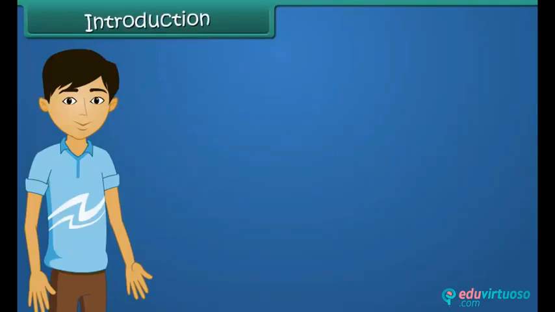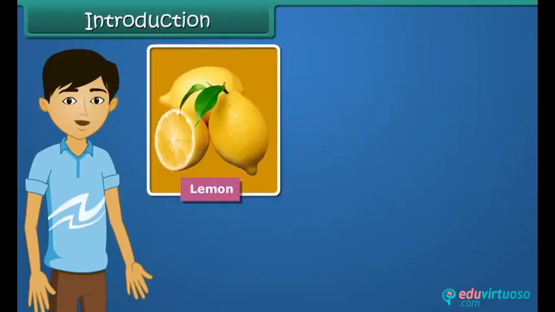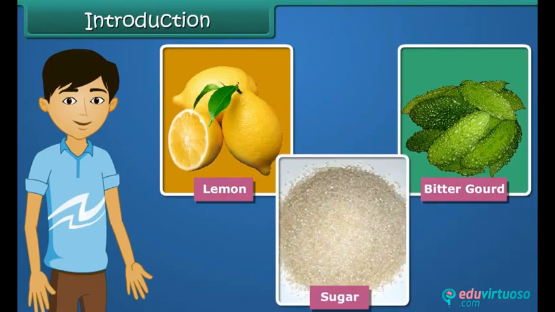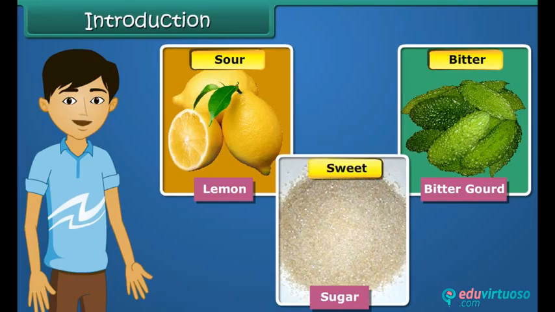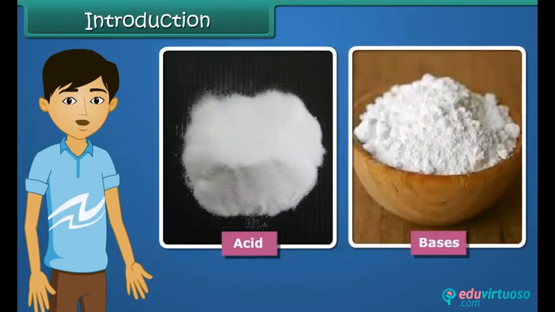Introduction. Hello students, we have lemon, bitter gourd and sugar. Some of these foods taste sour, some taste bitter, some taste sweet, and some are salty. The sour, bitter, sweet and salty taste of foods arises due to the presence of acids, bases and salts in